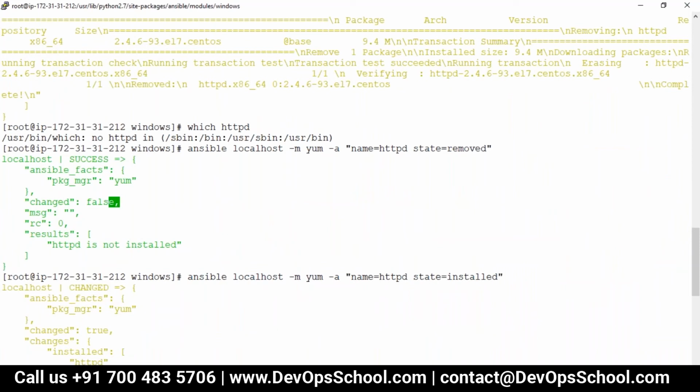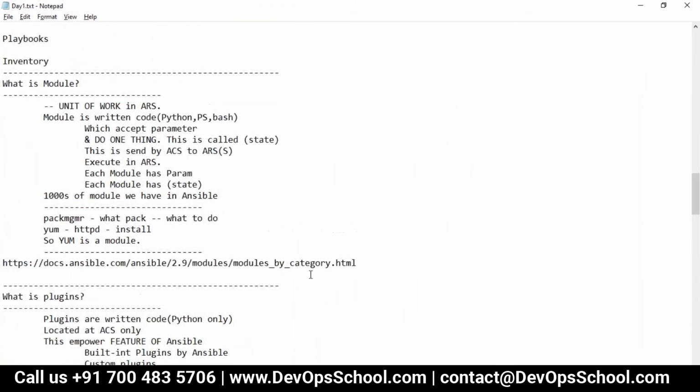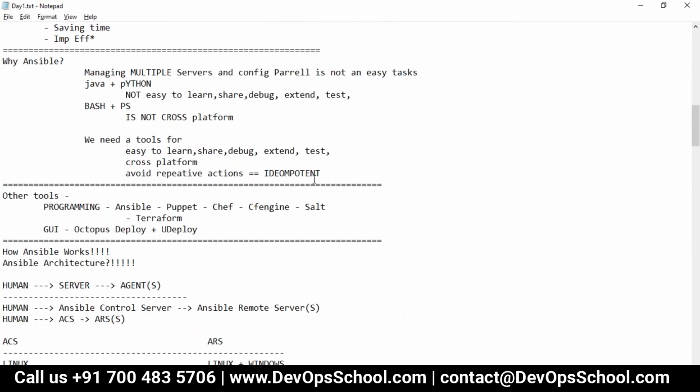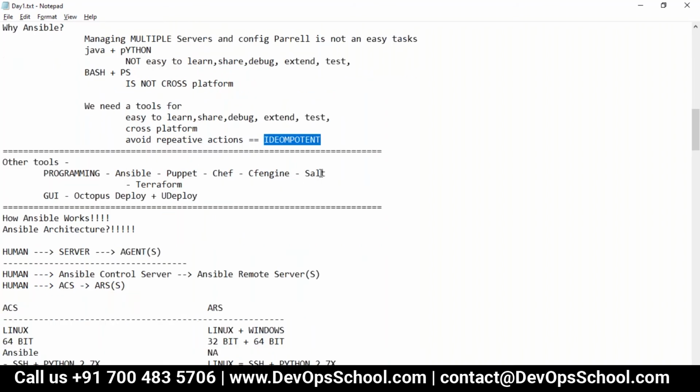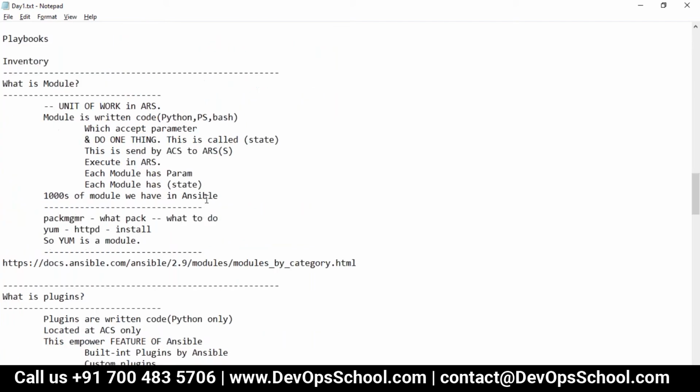So this functionality is called idempotent, where whatever you desire, if it is matching with the actual, no change. Whatever you desire, if it is not matching with the actual, then change. This functionality is built into Ansible or any configuration management tools like this. In fact, Terraform also, not here. So guys, did you understand this idempotent functionality?